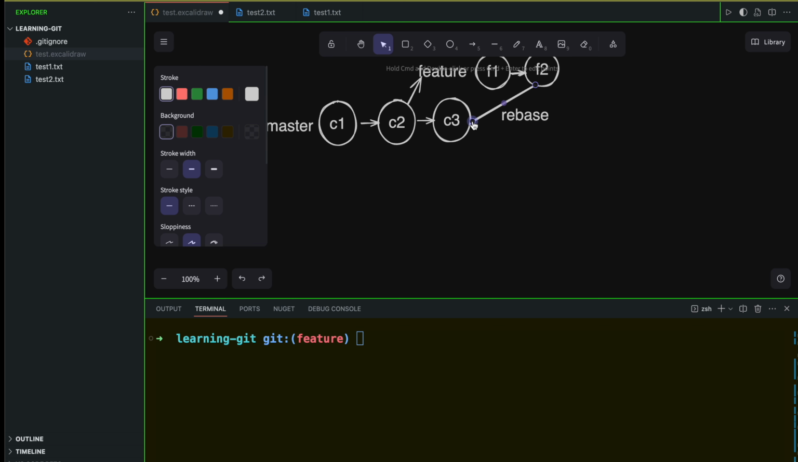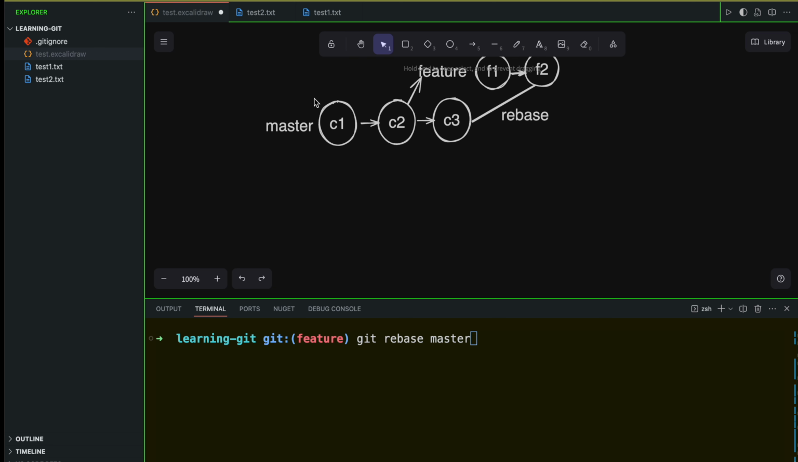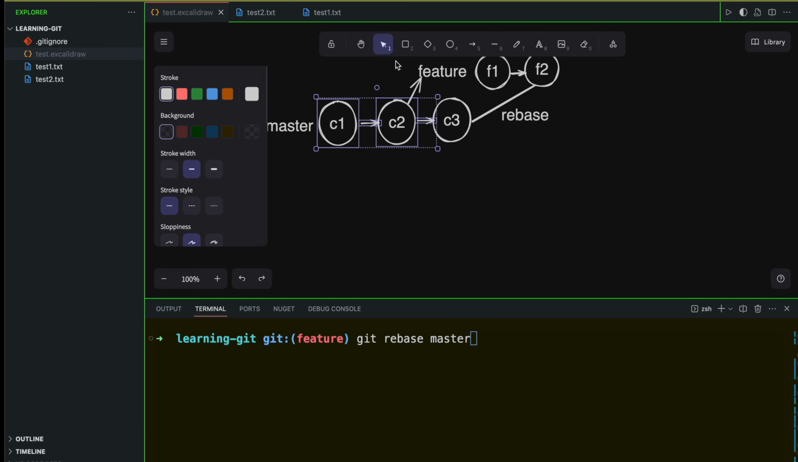We want to see how the history is going to look like. So before I use git rebase master, I want to explain how it's going to happen. First of all, git rebase keeps the history very clean and linear. Basically the master is the base one, and this is the derived one. So from master, feature is created. That's why it will take all the commits from the master first, and then it will take the commits from the feature. So first the C1 from the master, then C2, C3,